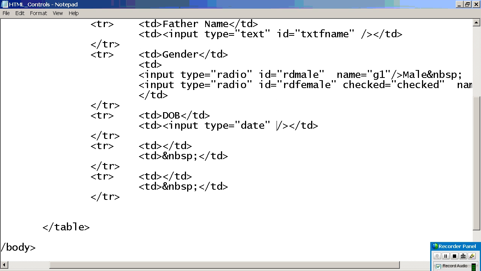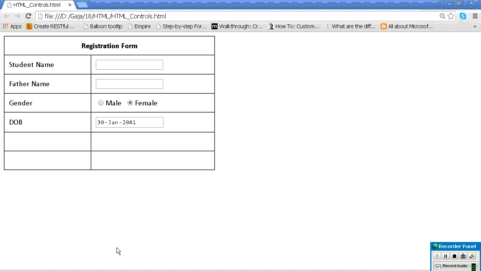For this also we can give an ID, right? ID equal to gender. Next, what can we have here, tell me?